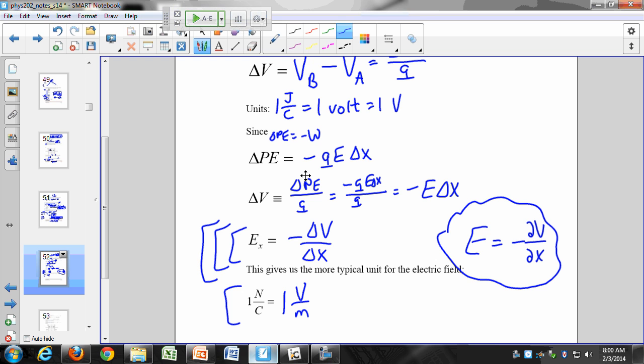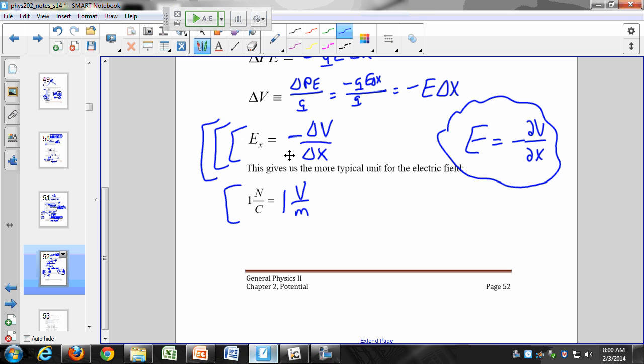But this is called a partial derivative, so it's a little bit different than what we've done before. All right? Is that exciting? Have you ever done partial derivatives? They're just like derivatives, a little bit different. Yeah, they're simpler, right? I like them. So we'll get into that later. Probably not this next test. We'll see.